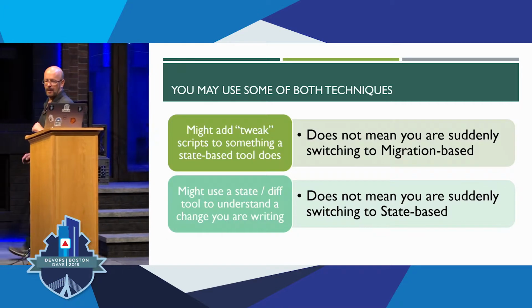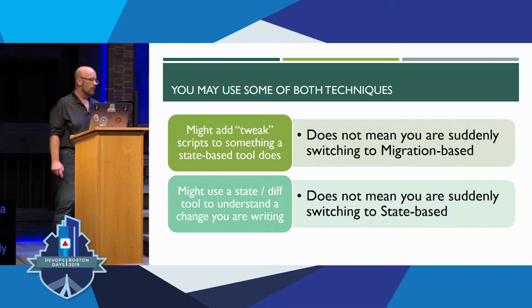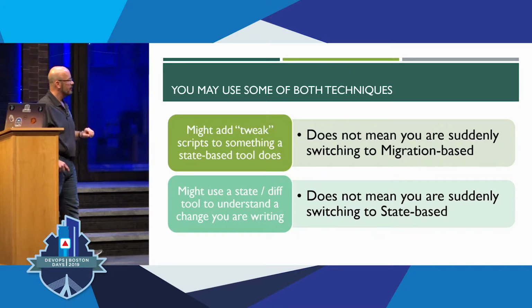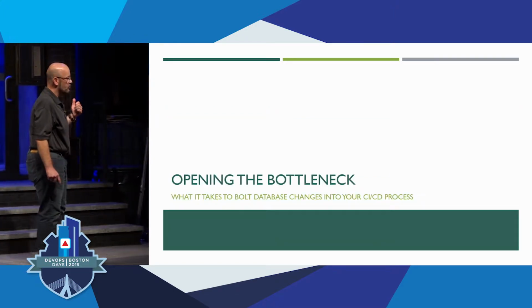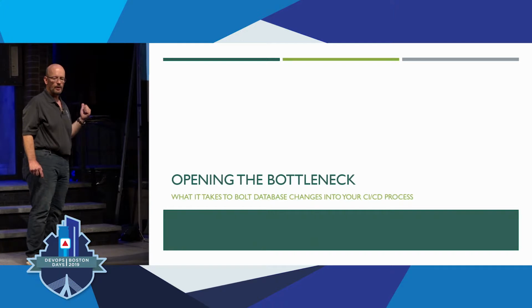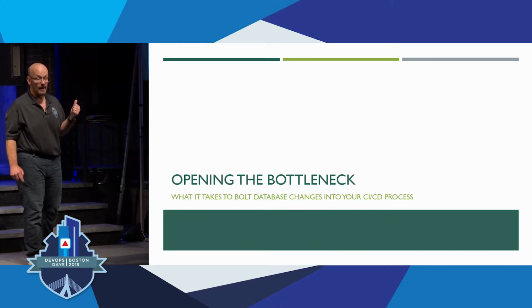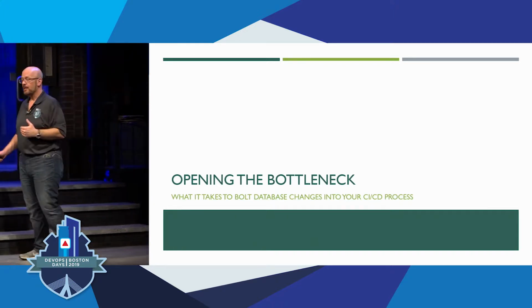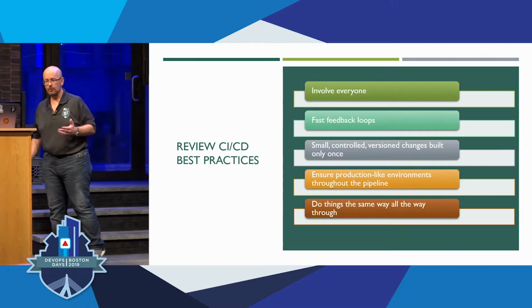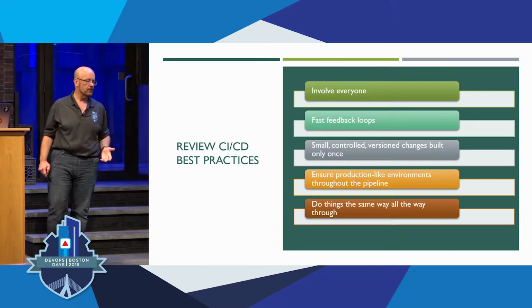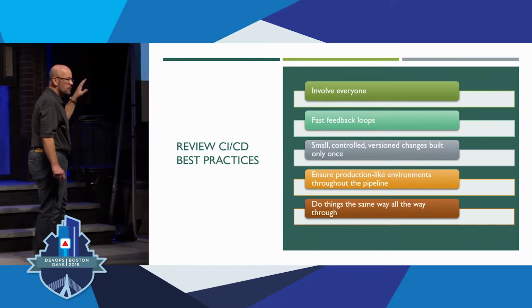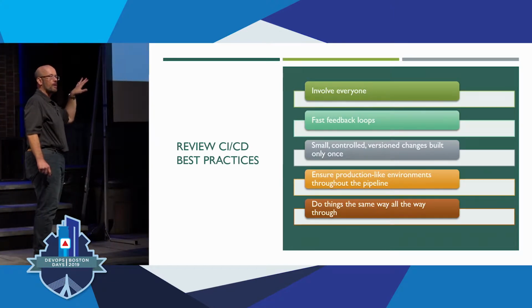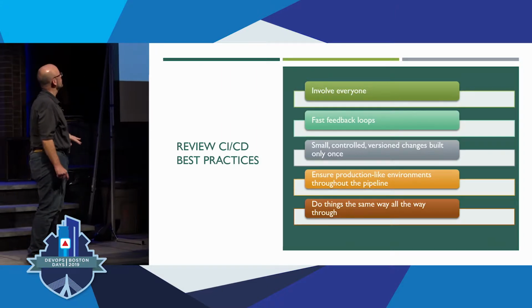Okay, so database changes, you've got kind of an idea of what's going on there, but that still doesn't answer the question of how we actually break the bottleneck. How do we bring these into our CI/CD processes? Again, the good news here is that we've learned some things over the years. Let's put up some example principles of CI/CD, not a comprehensive list, just some examples of things you need to do to pull off CI/CD for anything, full stop.